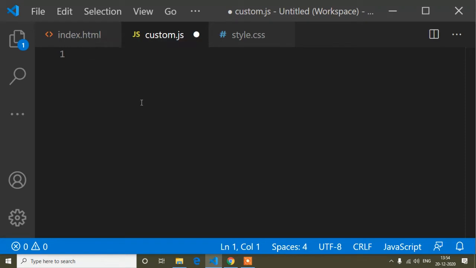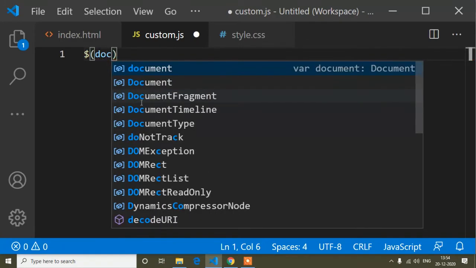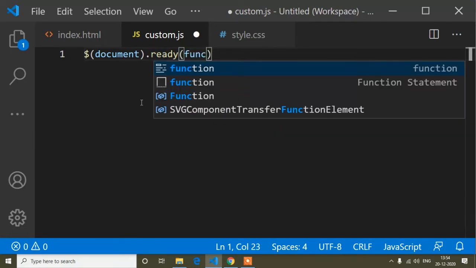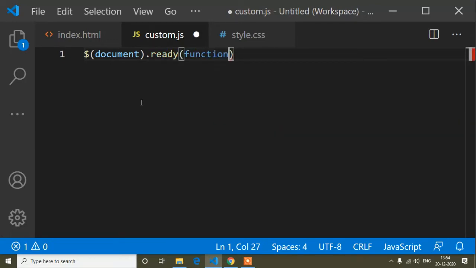First of all, dollar, parentheses, document dot ready. You know guys, why we use document.ready: when our page is loaded, then the jQuery function will be called.